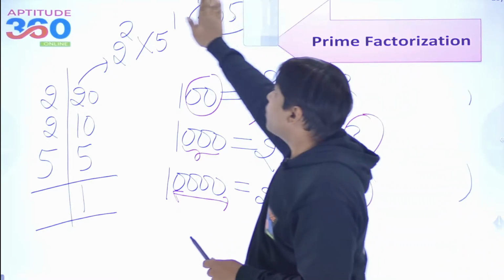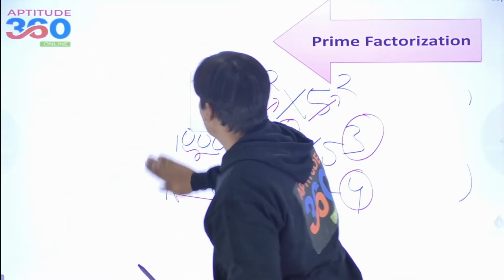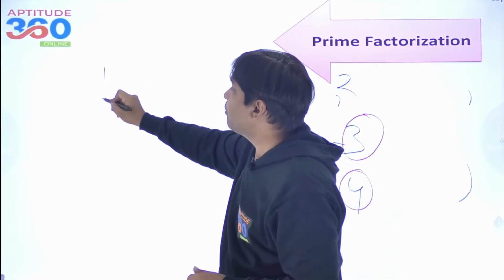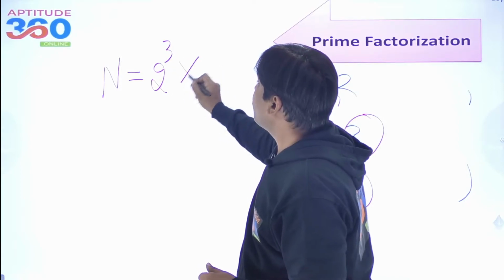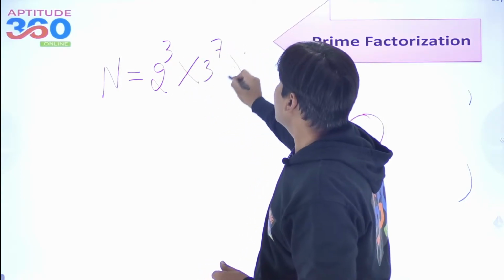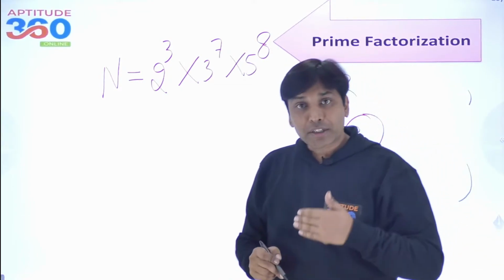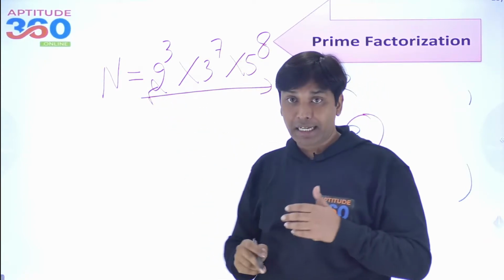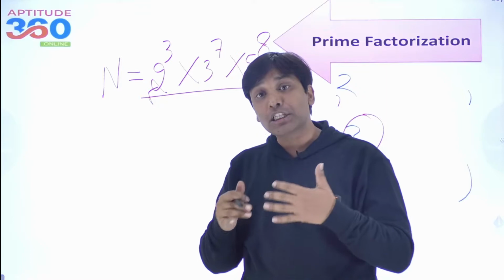Now, one more simple thing so that you understand what I am trying to say is, say for example, there is a number and this number is 2 to the power 3 into 3 to the power 7 into 5 to the power 8. Now you do the prime factorization of the number and this is what you are getting. अब अगर ये मिल गया तो क्वेश्चन पूछेगा कि भाई इस नंबर के लास्ट में कितने सारे जीरो होंगे.